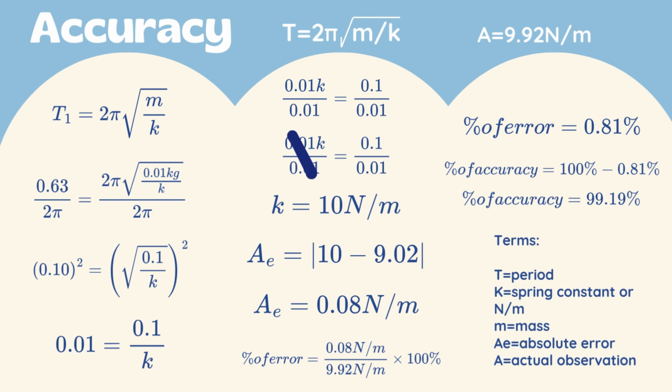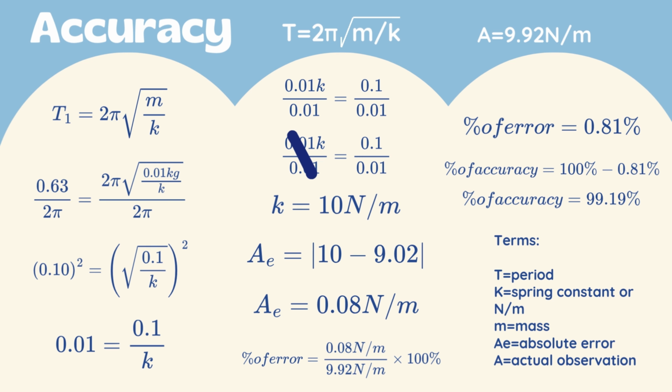So how are we going to find the accuracy? The actual observation from earlier was 9.92 newtons per m. So we need to have our periods and masses. We need to find the spring constant of each term. We have 5, from the first until the fifth. So that means we have to use our first period and first mass, second, third, fourth, and so on. So here we have